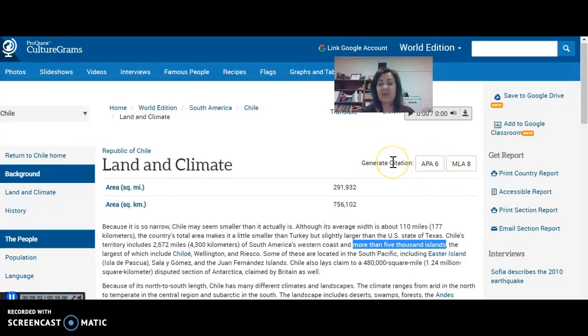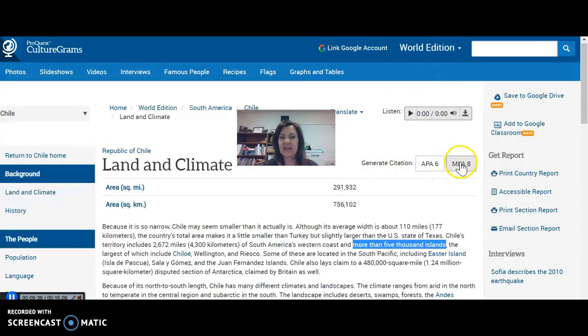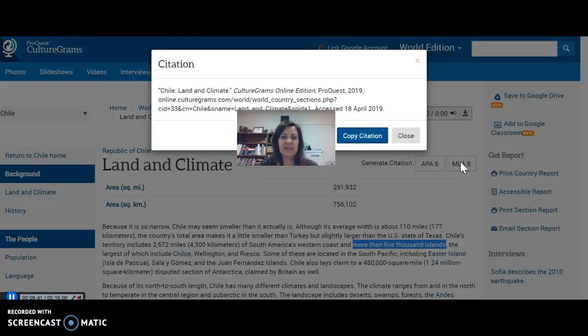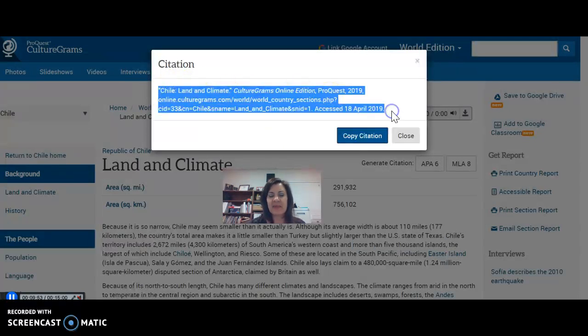We definitely want to cite our sources. Another really awesome benefit of using a database is that it will generate the citation for you. On websites and photos, images that we use, we have to have the knowledge of what information we need. But in a database, all we would do is copy and paste this and put it into the last slide of our slideshow,